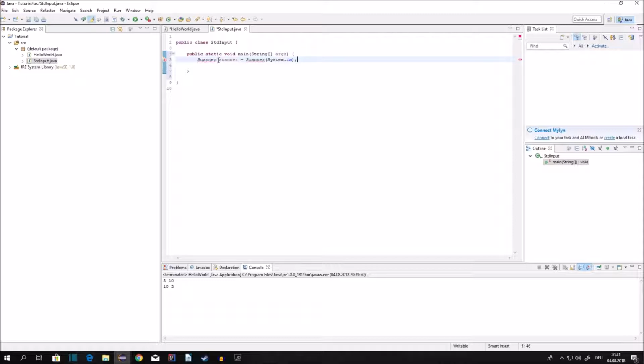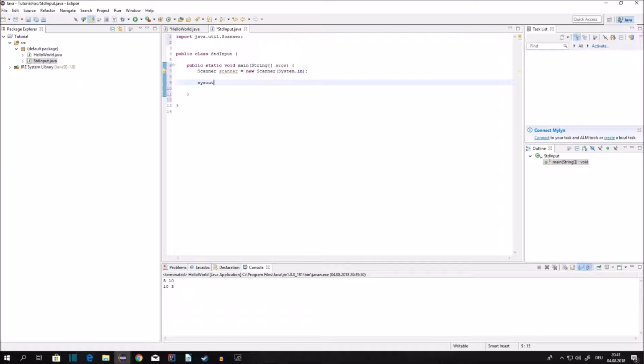Alright, you are seeing it, there's something red. You have to import it because it came from another class. Just go right click there and import scanner.util. Alright. Oh, sorry, I forgot a new. Every time you are creating an object and you want to set it, then you have to write new Scanner and pass the parameter inside there. As you can guess, system.in means just the standard input from Java. Alright,